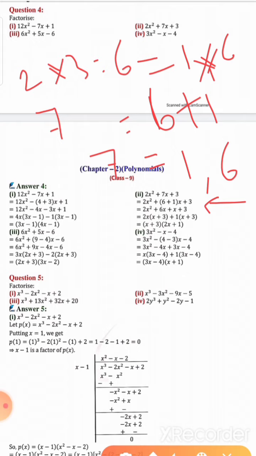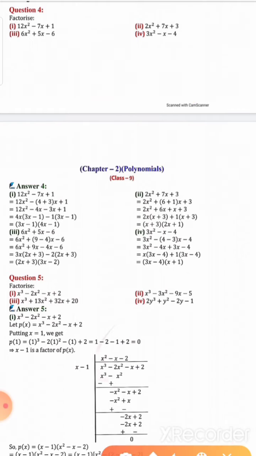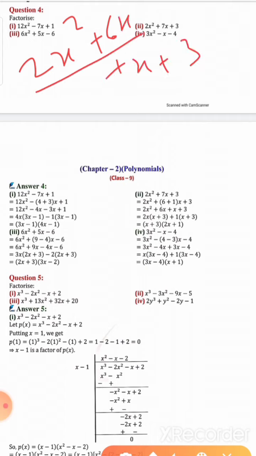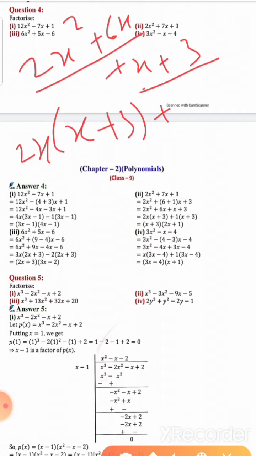Substituting in the middle term, the step is 2x square plus, in the bracket, 6 plus 1 into x, plus 3. Multiplying the bracket term, we get this step: 2x square plus 6x plus x plus 3. Now we make a pair, so these two terms are one pair and these two terms are the other pair. In the first pair we take 2x common from both, we get the rest term x plus 3, and here x plus 3 is